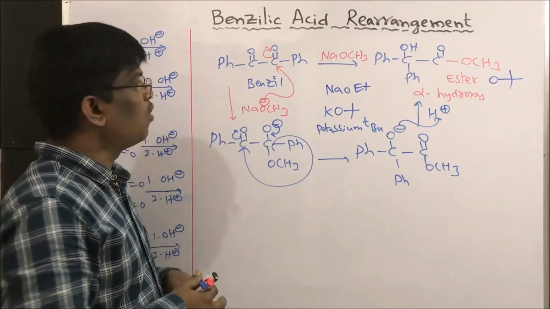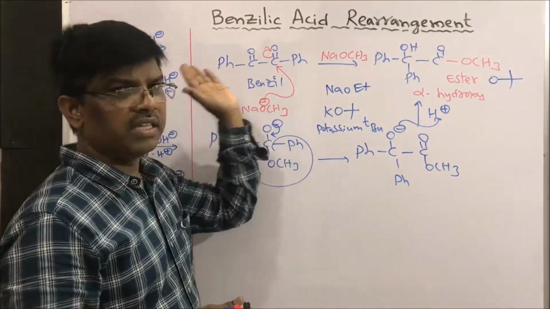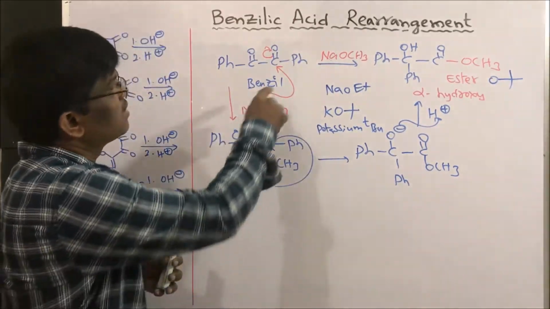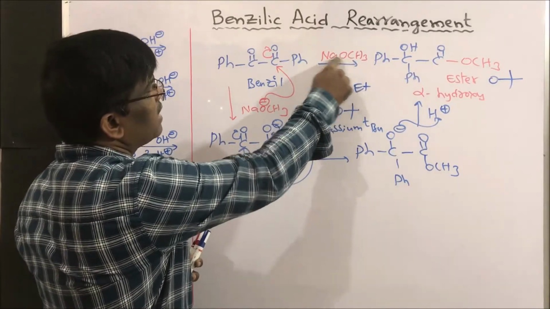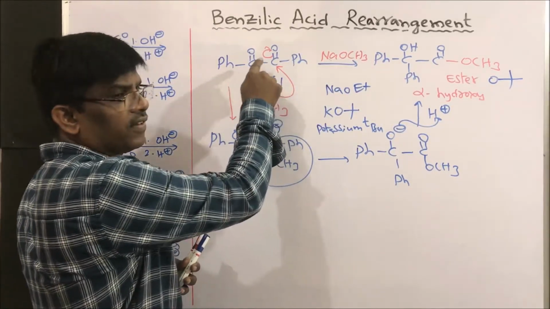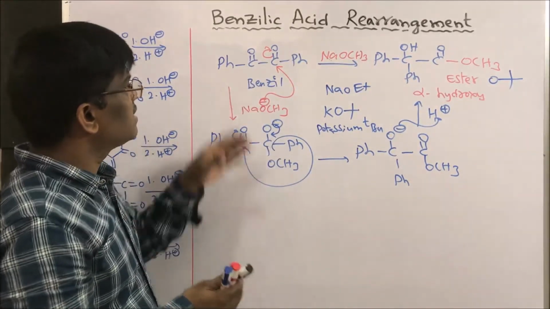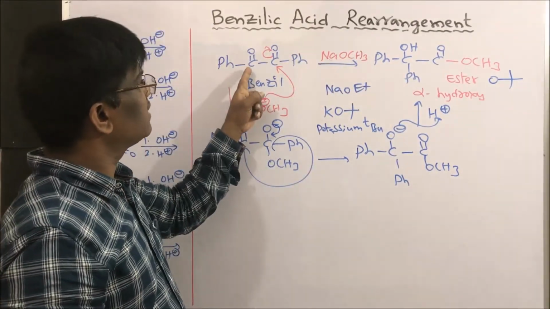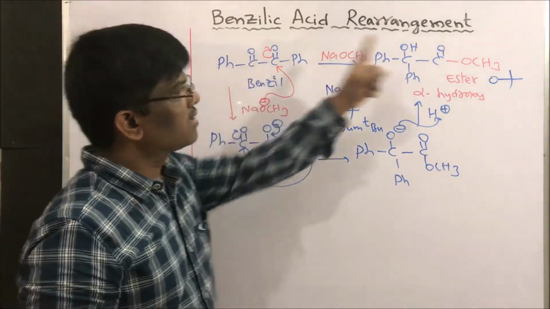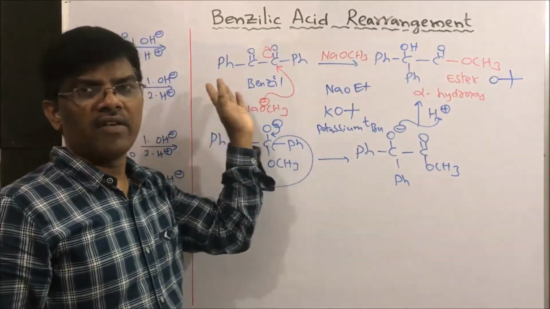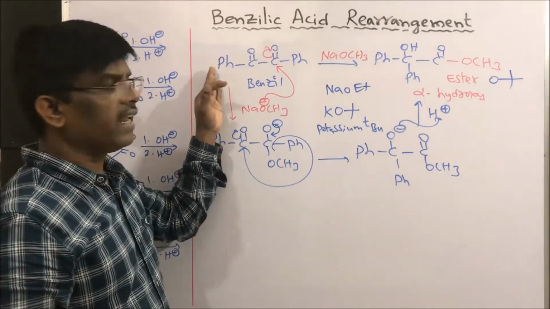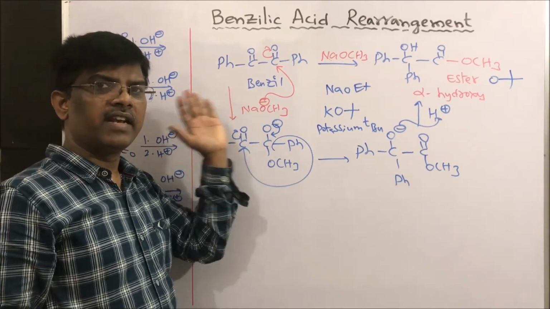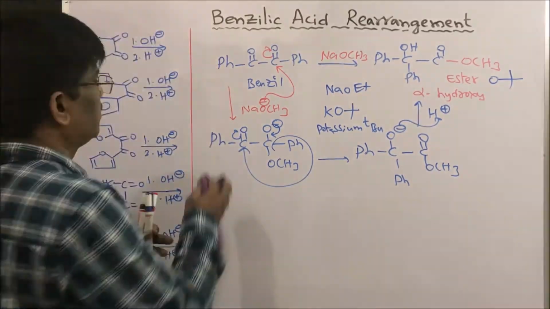You may get one doubt while doing this reaction. What is the doubt? Why is the base attacking here itself? Why not here? Since this benzene is symmetric, no doubt, wherever it attacks, even if it attacks here also, we are going to get the same product. However, if the phenyl ring is substituted, let us see.